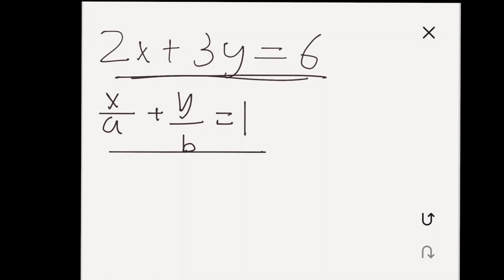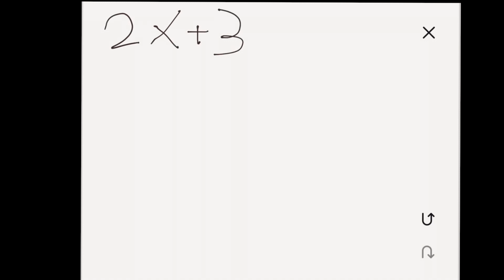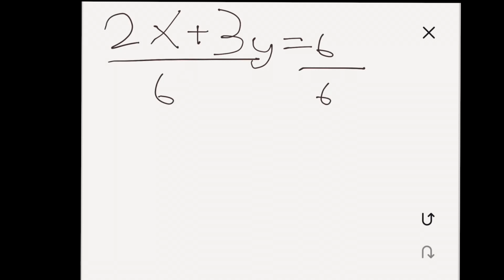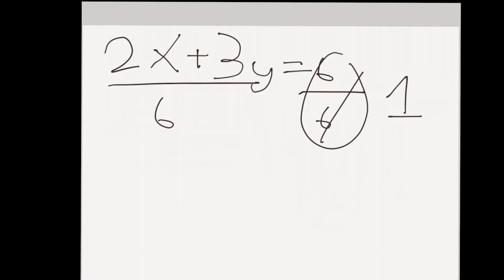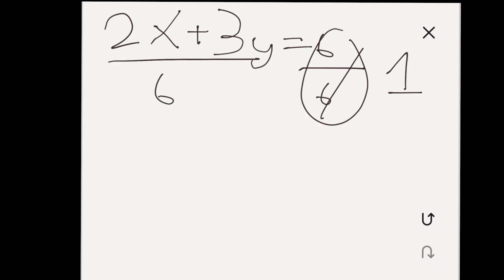It's pretty simple. First, take your function 2x plus 3y equals 6. Now, what is 6 divided by 6? It's 1, so divide each side by 6. Why do we divide it by 6? Well, when you divide 6 by 6, you get the value of 1. And remember, we want to get it in the form x over a plus y over b is equal to 1. So after dividing this by 6, you get 2x over 6 plus 3y over 6